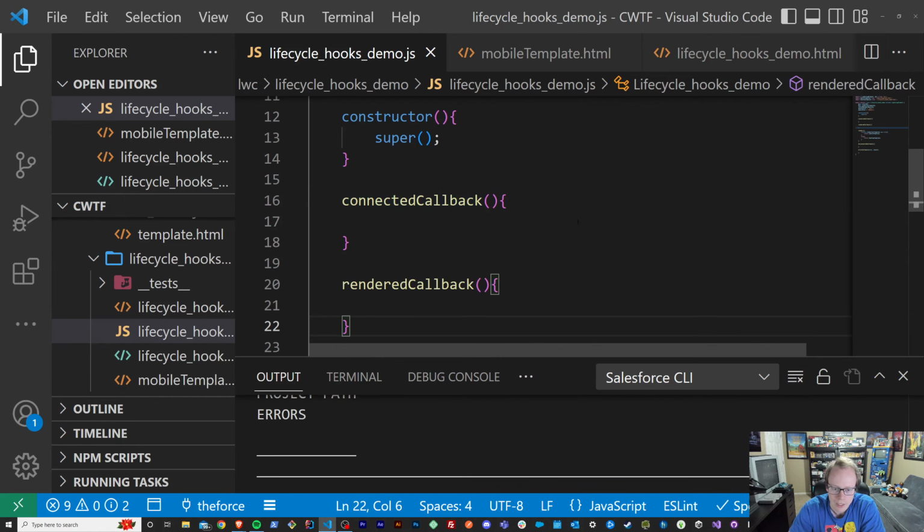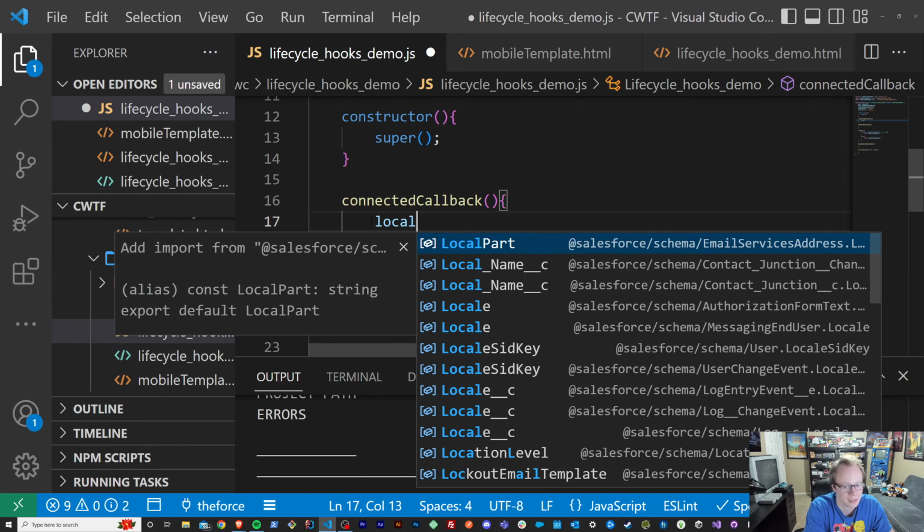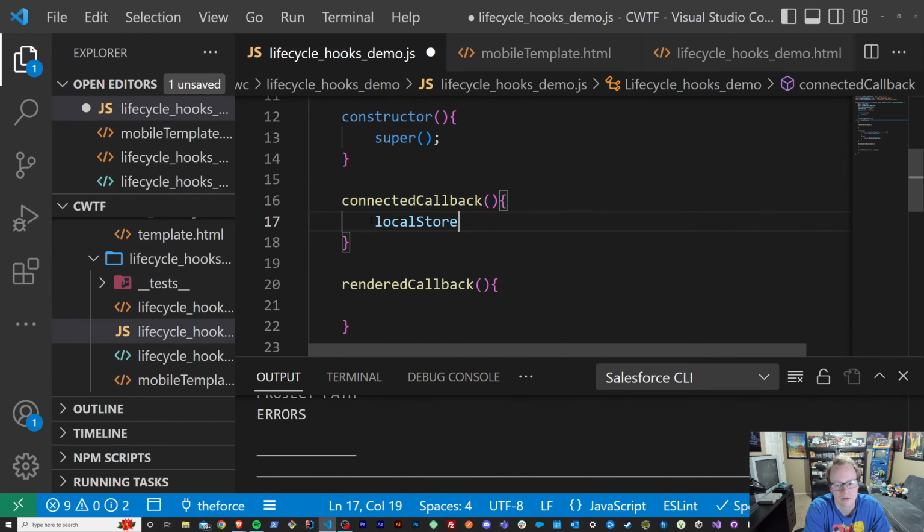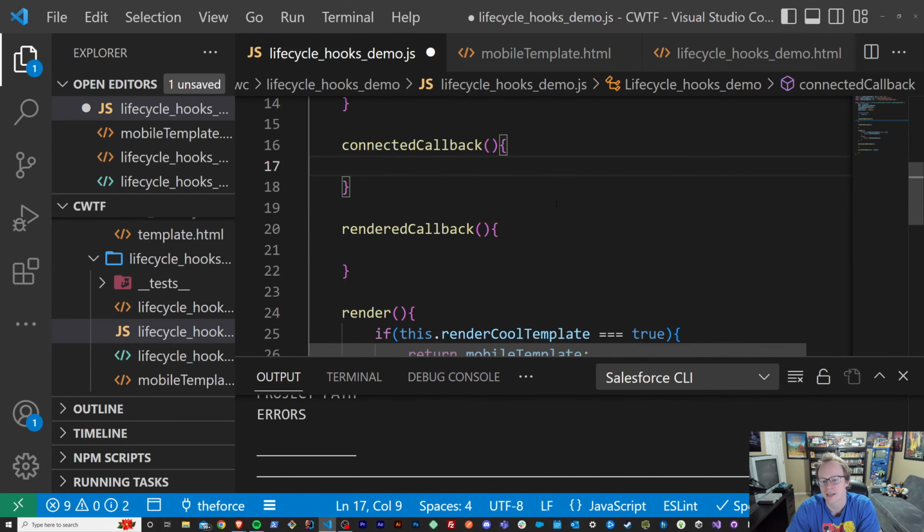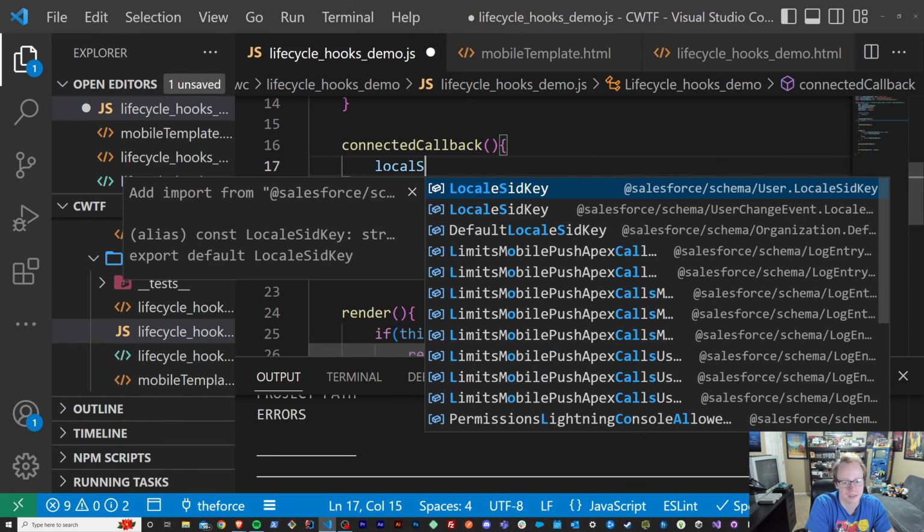A lot of time up here in the connected callback, you'll set a local storage variable for the cache in a browser, right? And the last thing you want to do is leave all that stuff in the cache when you're done with it. I mean, it's probably not the last thing that you want to do, but it's not the best thing to have laying around. So, for instance, in local storage,